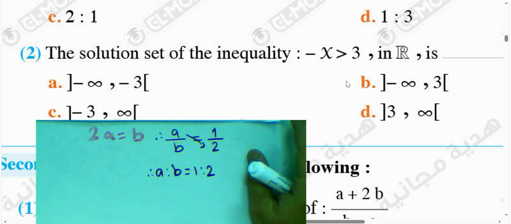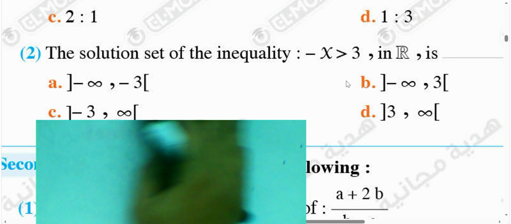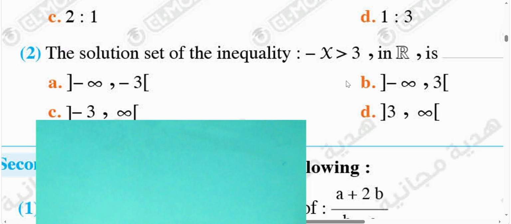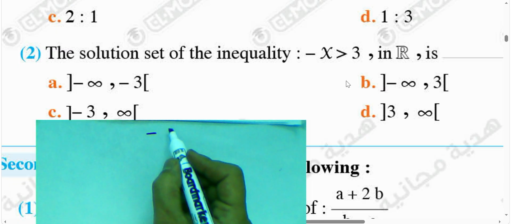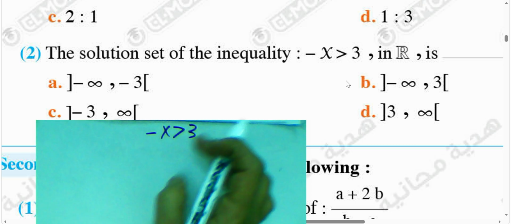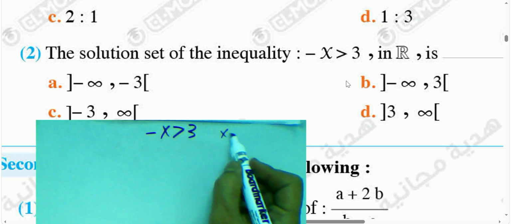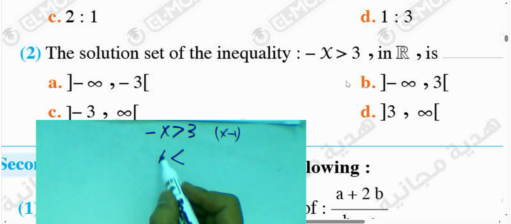Next question, the solution set of the inequality negative x greater than 3 in R is. First step, we can cancel the negative 1 coefficient of x by multiplying by negative 1 or dividing by negative 1 to simplify it like this. Negative x is greater than 3. I will multiply by negative 1 to cancel the sign here. Multiplied by negative 1 or divided by negative 1, you must change the direction of the inequality, then x less than negative